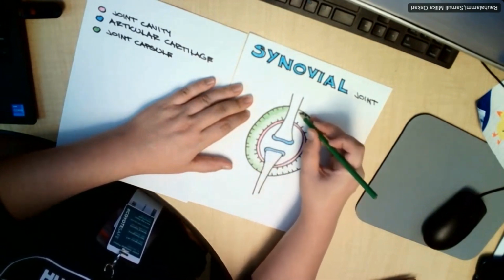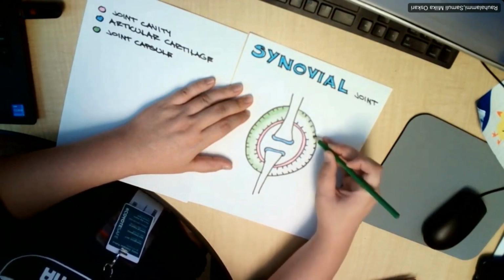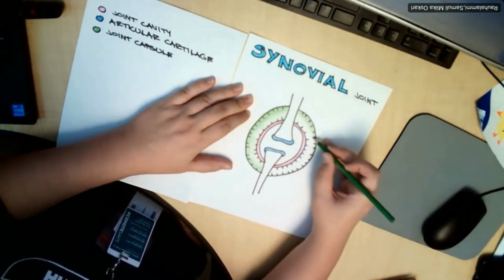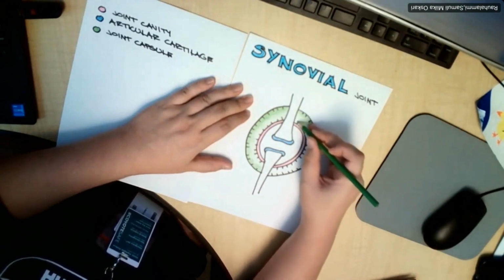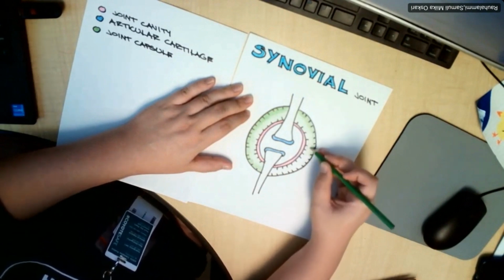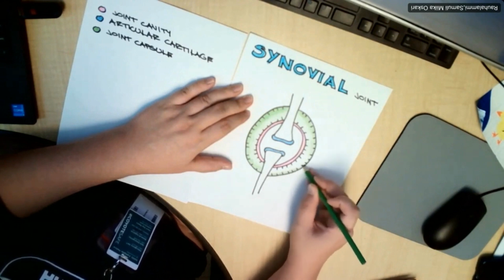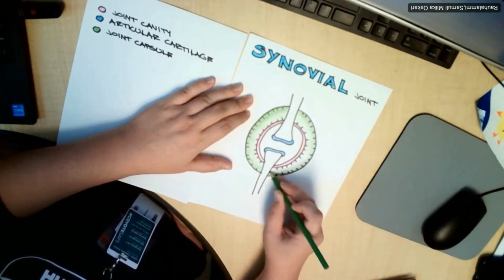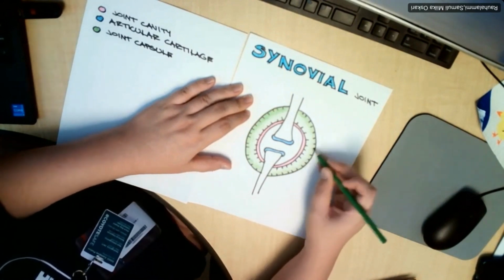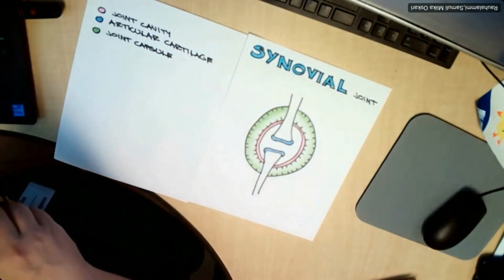And there's going to be a few more structures that I'll be adding. Some of them I will be actually adding to this joint capsule space. So you'll see that I'm being a little bit strategic of not coloring it completely blocked, so that the other structures that I'm adding can still show up on this space. They're located within the joint capsule. So I want to make sure that we can include them as well. But the joint capsule covers all of this space that we're seeing on this figure. So that was our joint capsule.